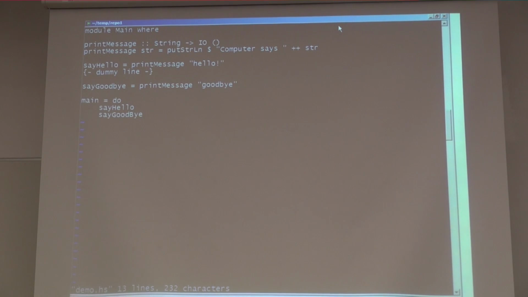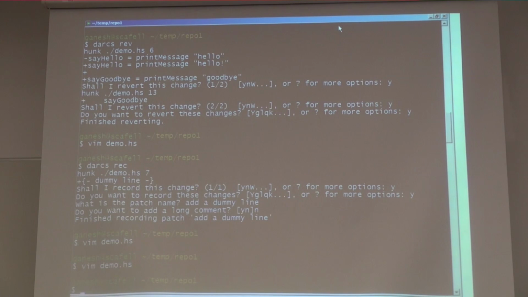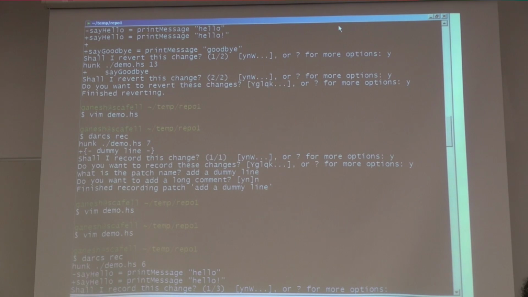Oh yeah, thanks. I wasn't actually going to run the program, so it doesn't really matter. But yeah, I like people to think that I write valid Haskell. Okay, so